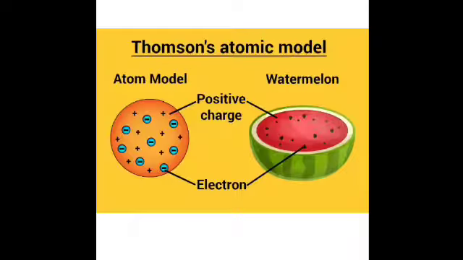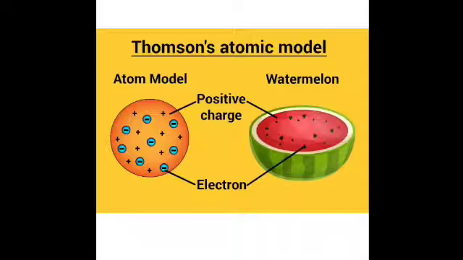Is it clear? And in an atom, the total positive charge is equal to the total negative charge, and this proved that the atom is electrically neutral. You can see the number of blue circles with the negative sign is around 8, and it is almost similar with the positive charge. So the mass of an atom is considered to be uniformly distributed.